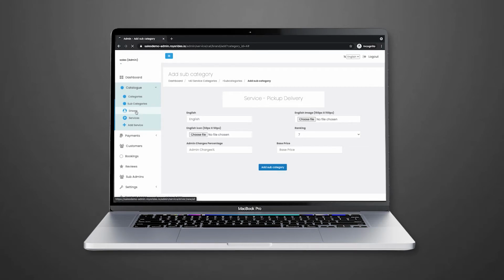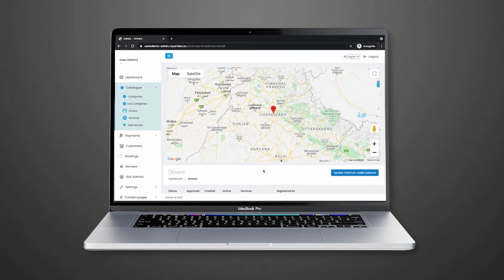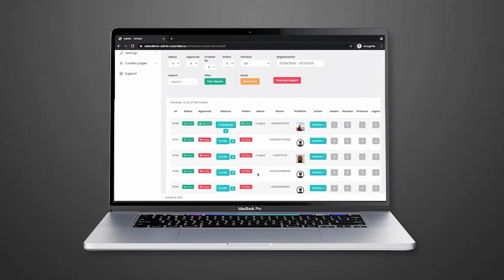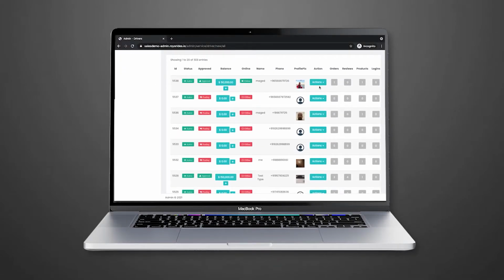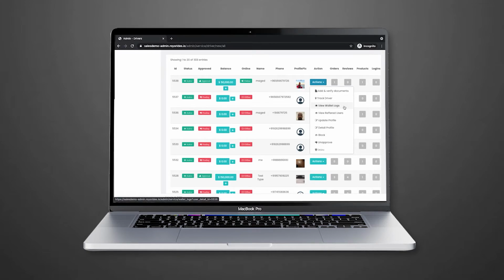Here is the place where you can manage all your drivers in one place. You can take some actions on them, like document verification, and you can track your driver in real time. You can watch wallet logs, and you can update his profile, delete his profile.